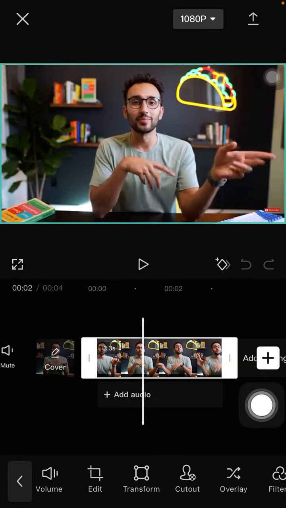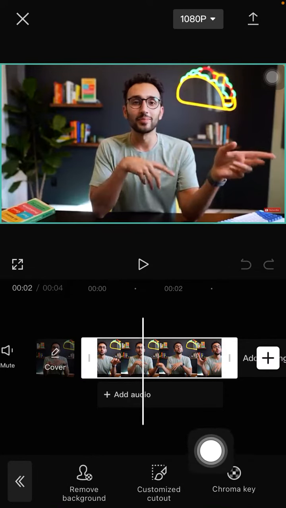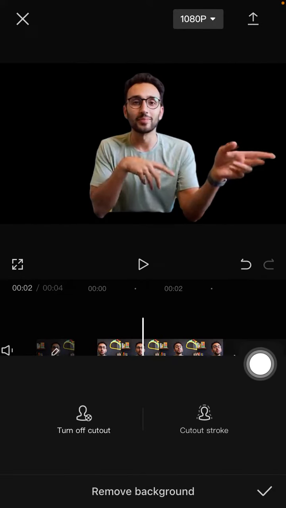cutout. So there are three options here: remove background, customize cutout, and chroma key. And for this kind of video, you're just going to remove background. So I think you have to just use remove background for this kind of video and just click check